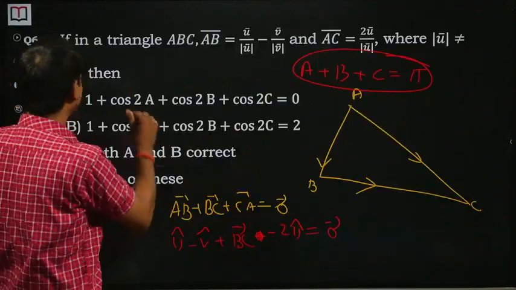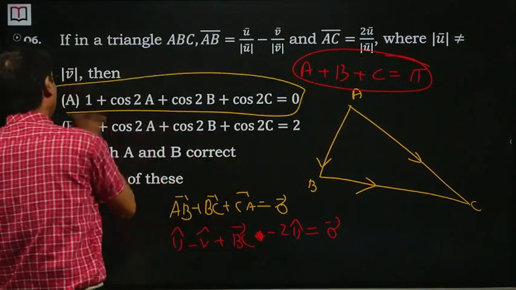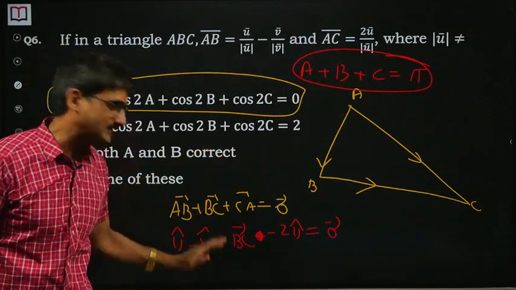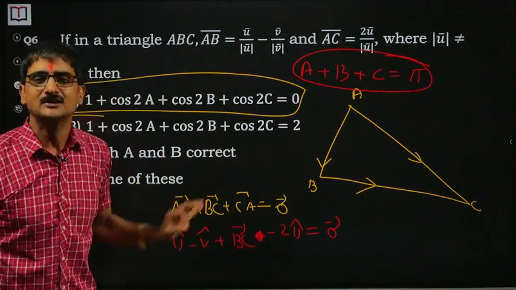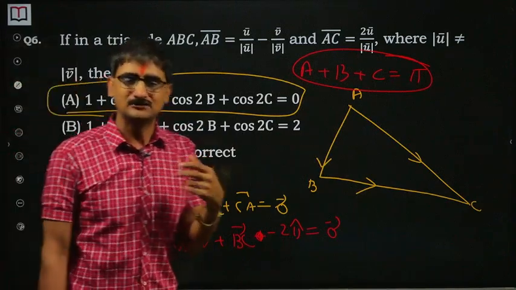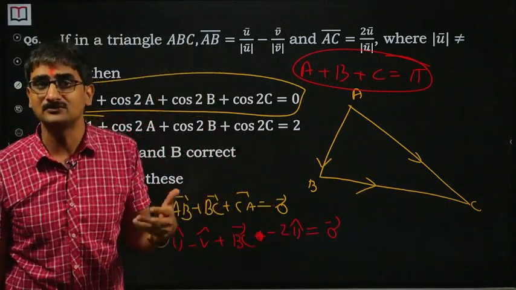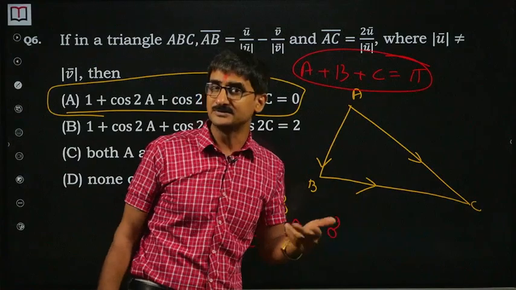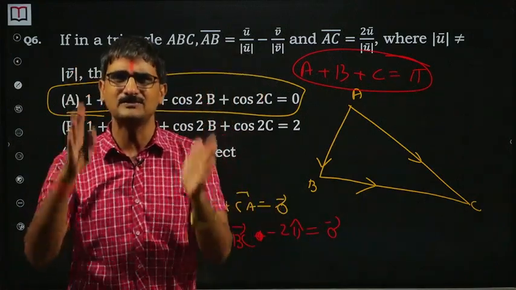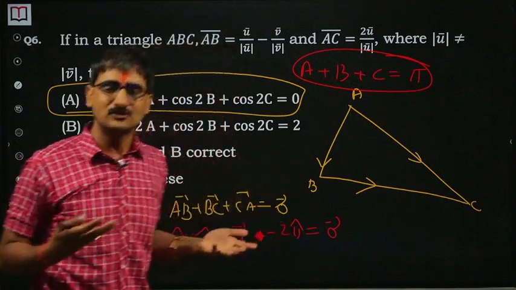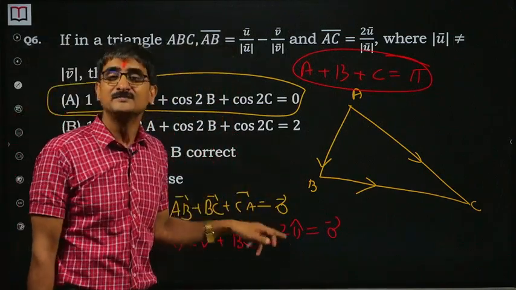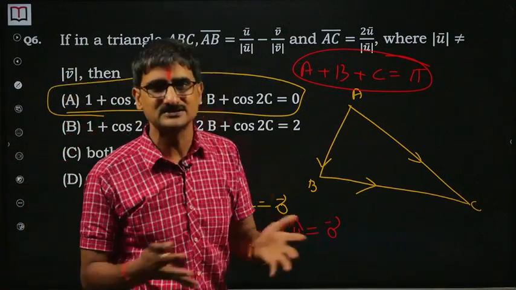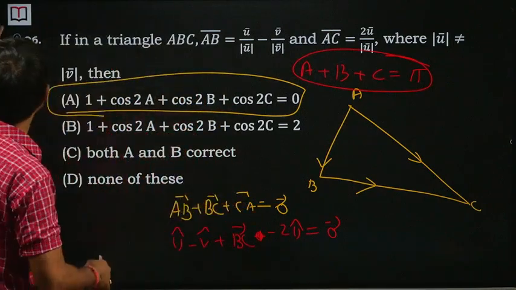So the answer is option 1. I won't say that I knew I would get it. As I said, looking at the options, I thought I might be required to apply the cosine rule. If so, it's better to get all three vectors representing the sides of the triangle, find their magnitudes, and then apply the cosine rule. But coincidentally, I got the BC vector as U cap plus V cap. At that very moment, I realized that angle B is nothing but 90 degrees, and that's it. So the question is done.